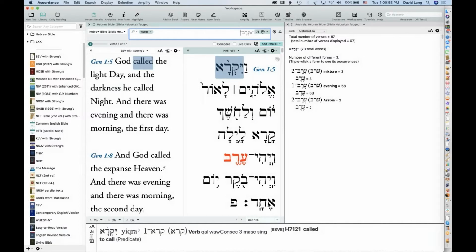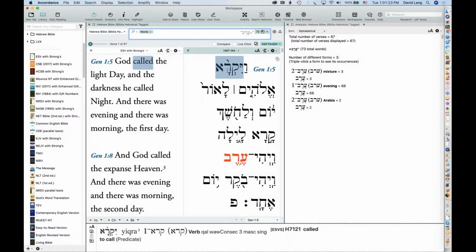So the Hebrew keyboard that Accordance uses is our own keyboard layout of our own font. And if you're just learning Hebrew and you're not familiar with some other Hebrew keyboard, then you can just learn the characters associated with our font, and that can be done. It's relatively straightforward.